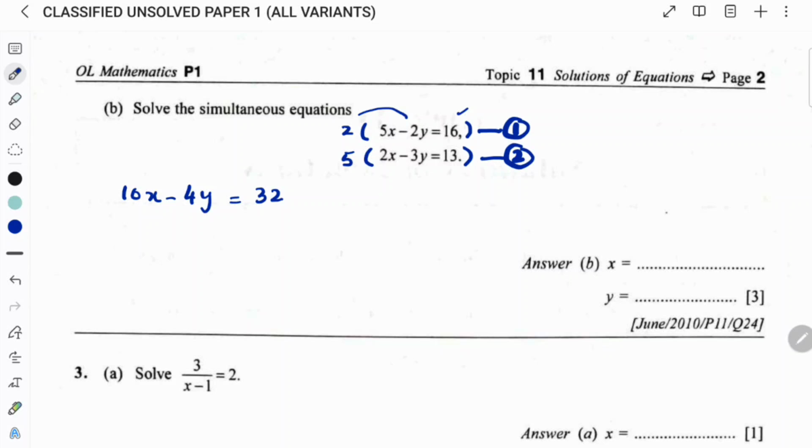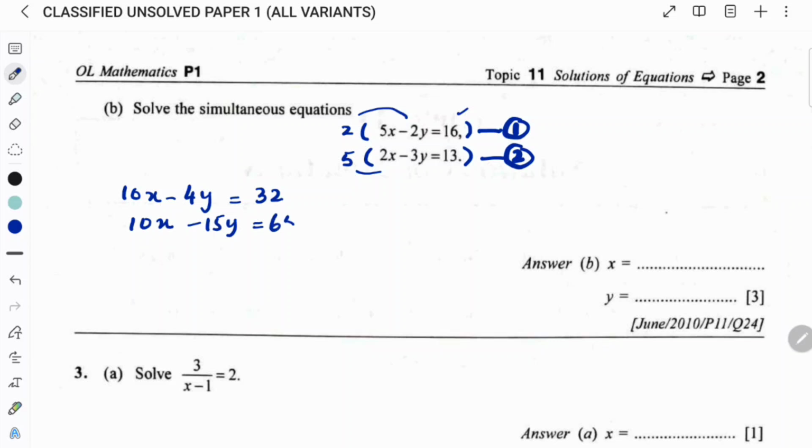Remember, I have to eliminate one of the variables. I have to make the same coefficient with the opposite sign, then they will cancel and that variable will be eliminated. 5 times 2 is 10x and minus 5 times 3 is 15y equals 5 times